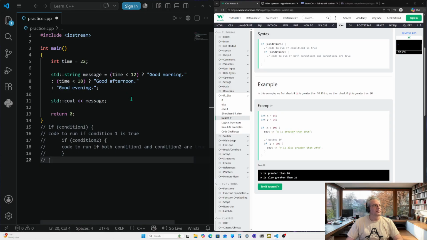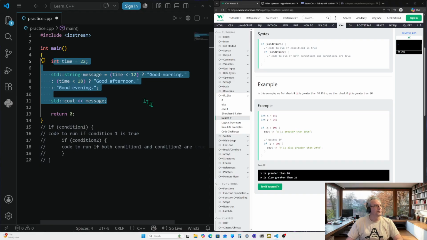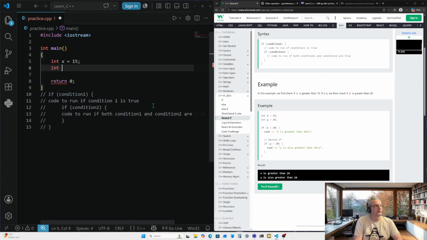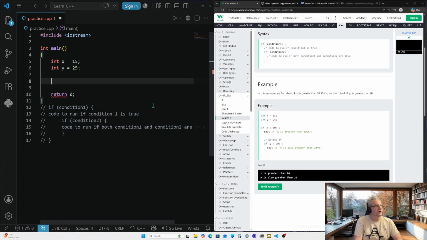Okay, so now we're going to do an example so we can get rid of all this code right here, and start putting our example in. Integer x is 15. In statement, integer y is